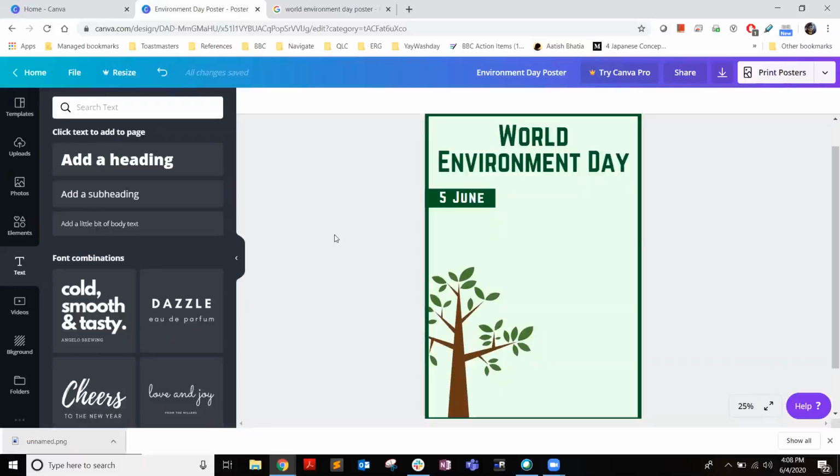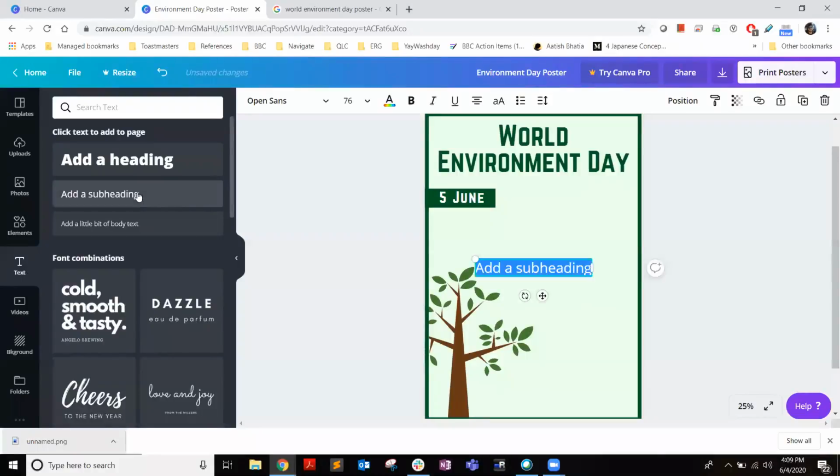Okay, so I move to text. Just look at my screen, I'll show you. I move to text. I say add a subheading because I want a smaller font this time. Then I click on it to edit it, remove the existing text, and write 5 June.